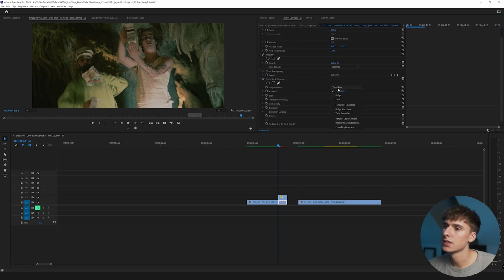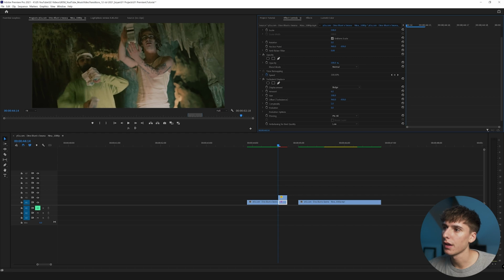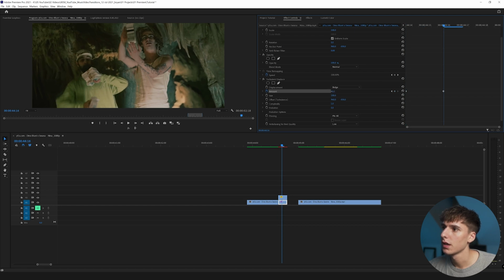My favorite settings for this personally are bulge, and then keyframe the amount at the beginning to maybe 0, and then keyframe it to the end and make it a little bit more. Obviously, this one you can't really go too crazy with because you start seeing the background behind it. And that's just one of the unfortunate ways of, if you do it in Premiere, you might have to tweak some of the settings. You can kind of finesse it so you can't really tell. And honestly, it's only 5 frames, so it doesn't really matter too much.